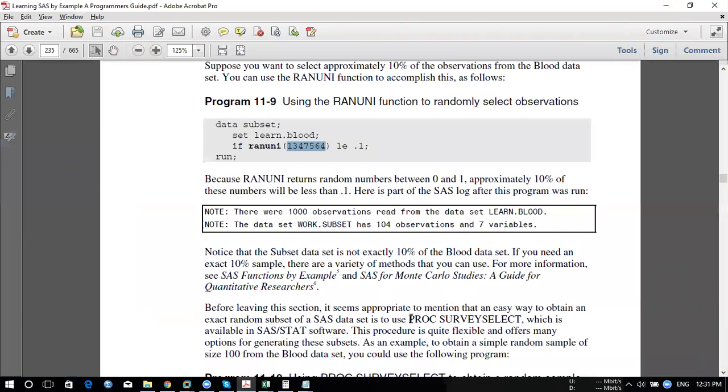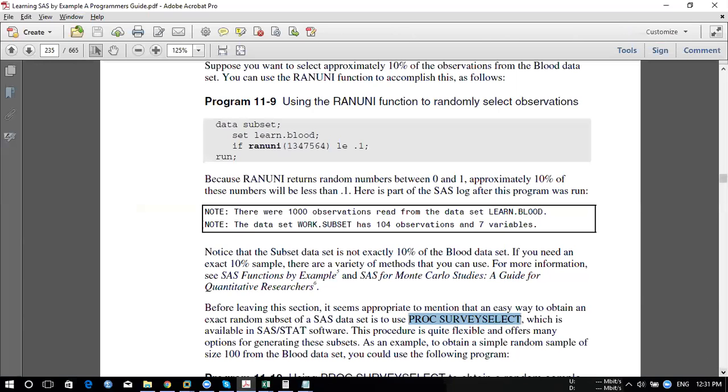Now another query we have is a keyword called proc surveyselect. If you have population data and you want to do a study and take a sample with similar properties, you can use proc surveyselect. You need to provide what type of method you're applying. In one method, I don't want the same observation to appear more than once. In another, it is possible the same observation may occur. So there are two types of concept.